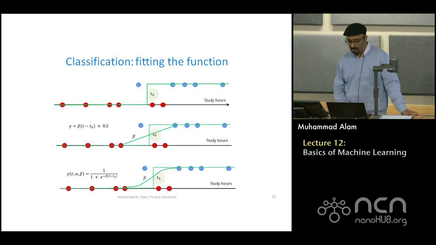Now, how would you then account for the misclassified one? Well, one thing you can say is, what I should do is take the last point which has been correctly classified and the first point which has been correctly classified in the blue, and simply draw a straight line. Because you see, at least this one says that this blue guy had at least some chance of passing. It's not 0. Of course, it's binary, so it will be either 0 or 1, but at least it